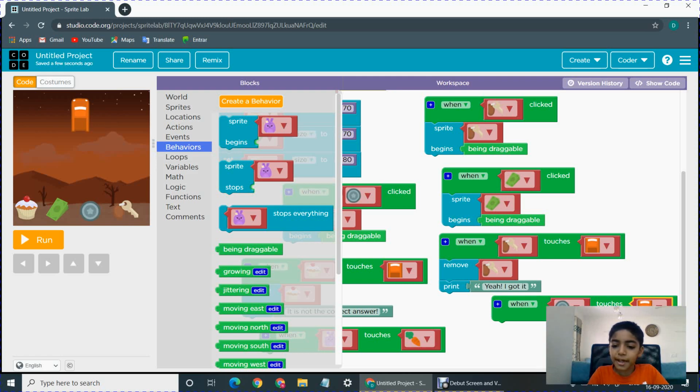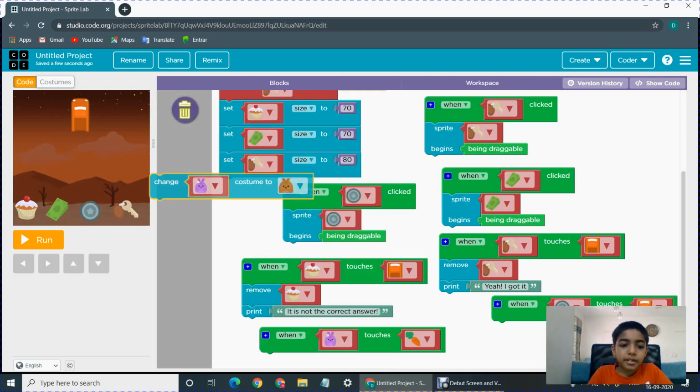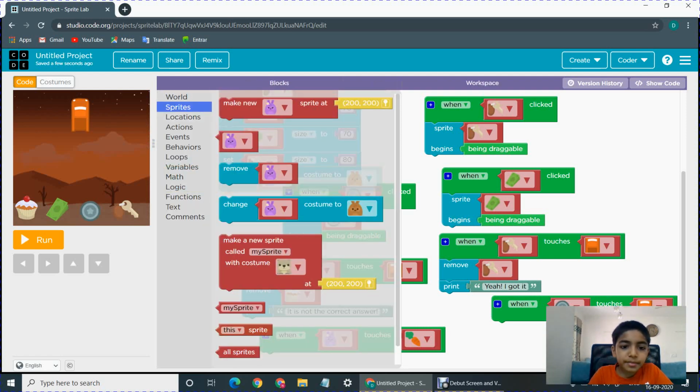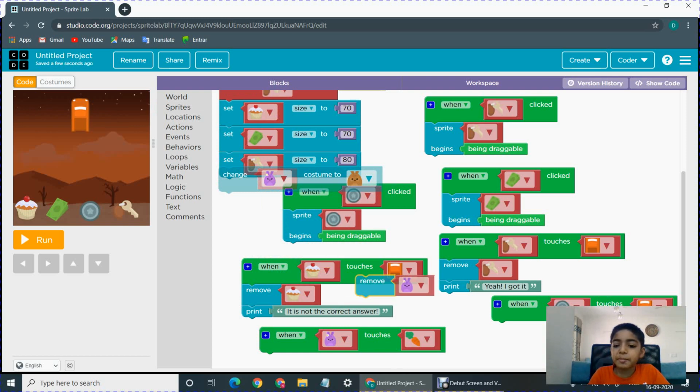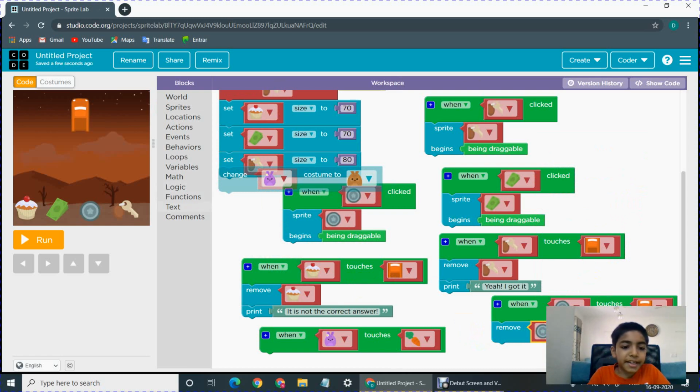Then this sprite should get removed, this coin. So we go to sprites and pick this remove sprite block and then we make it to coin and then again it should comment that it's wrong.